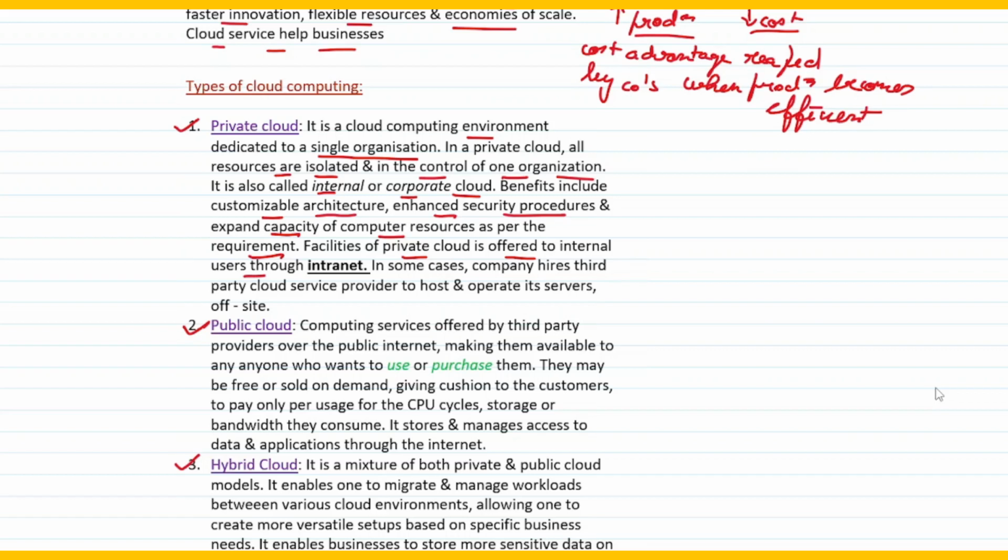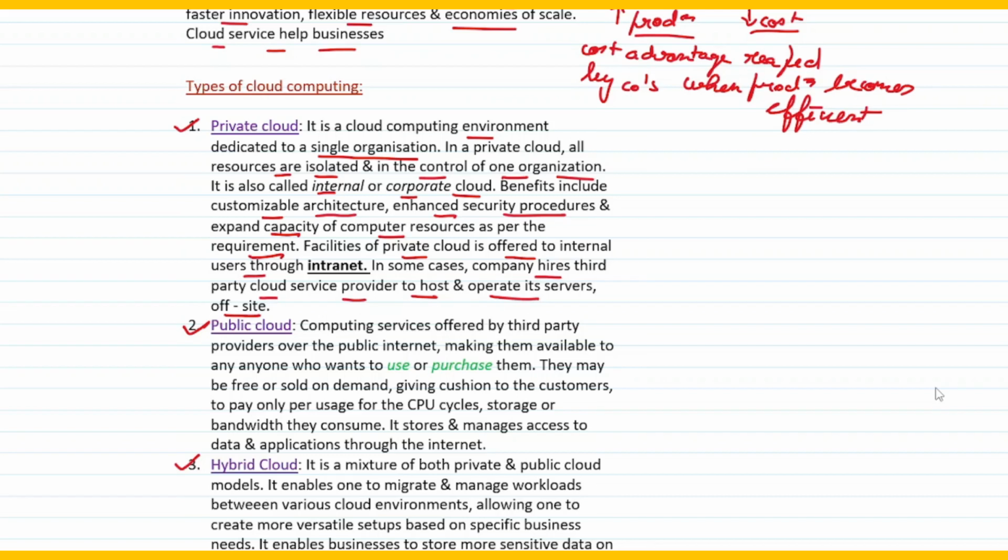So if it is within the organization, there is a medium which is called an intranet. Intra means within. So if it is within the company, it is called an intranet. In some cases, the company hires a third-party cloud service provider to host and operate its servers off-site. That means the company may not have it within the organization. That is, it may not be on-site. It can be outsourced to some other outside cloud service provider, and that is called an off-site cloud service,